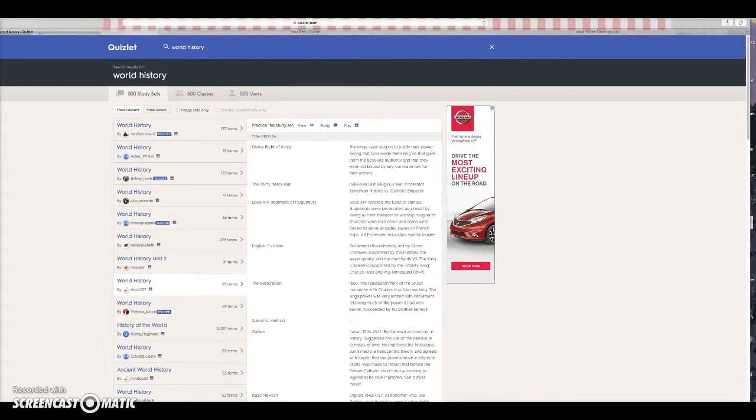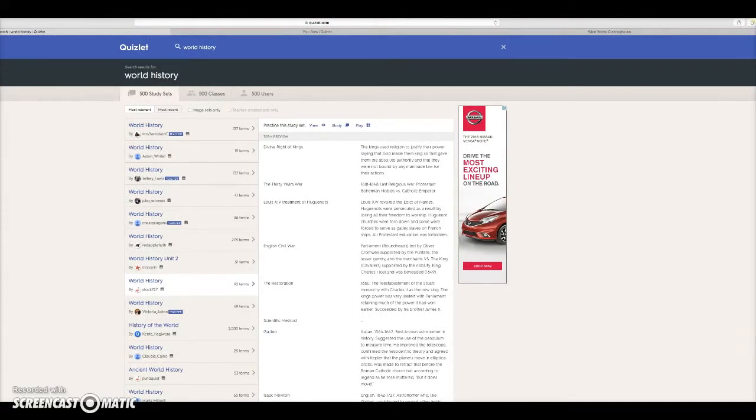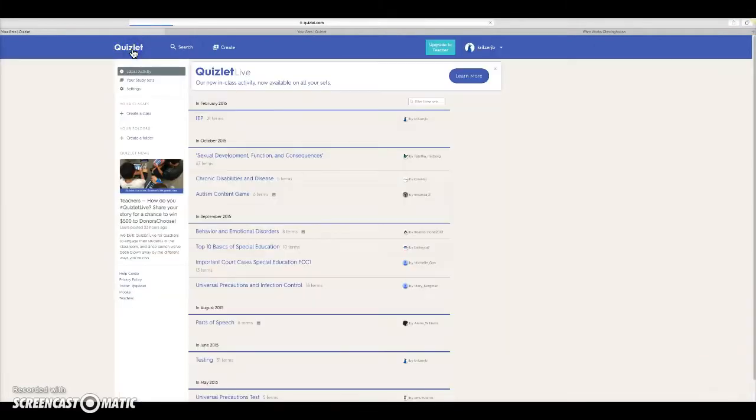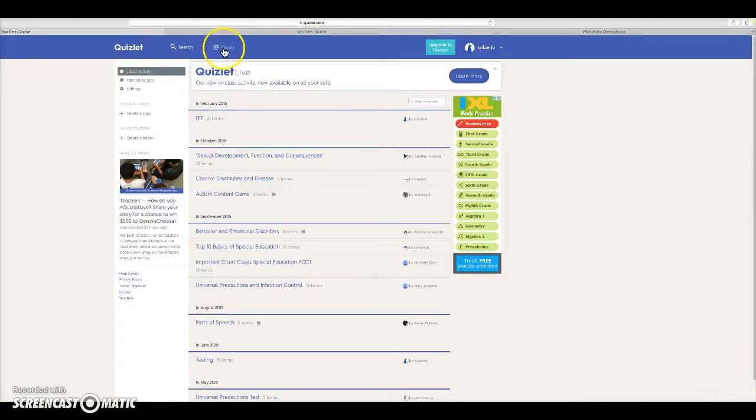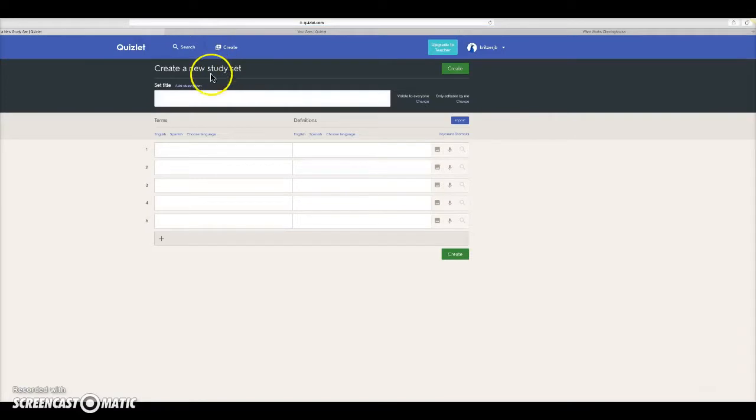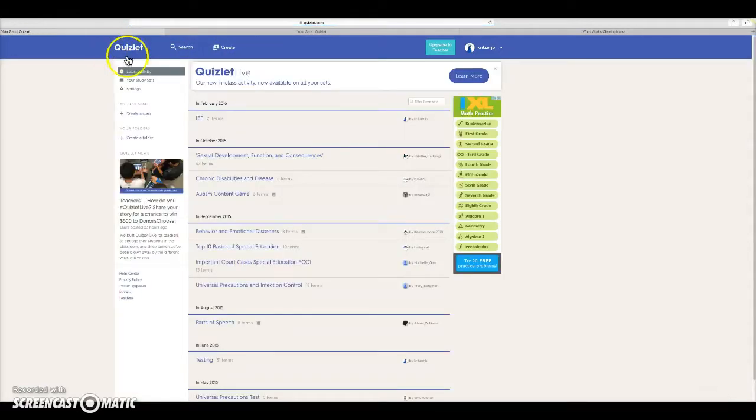And again, you can use our already made sets, or you could also create your own. And also, again, when you create, it can be anything from simple matching to game type activities. For example, another example I'd like to show you on Quizlet. Let's say that you wanted to have some math exercises. If you check math